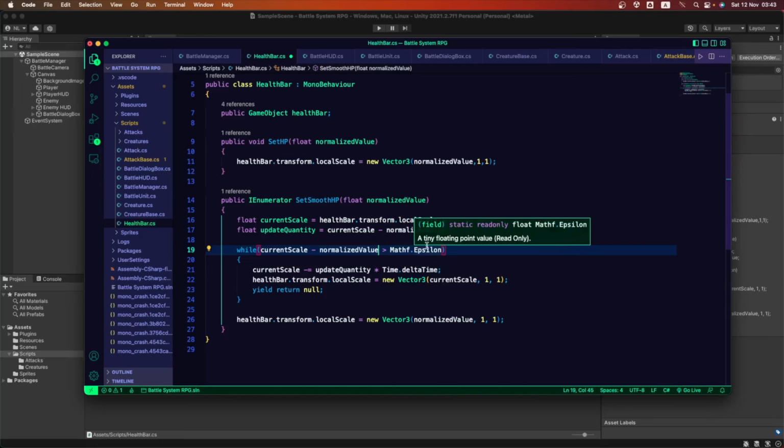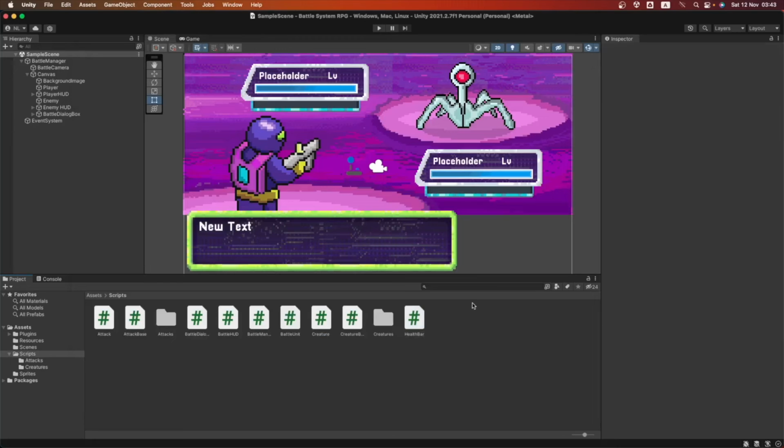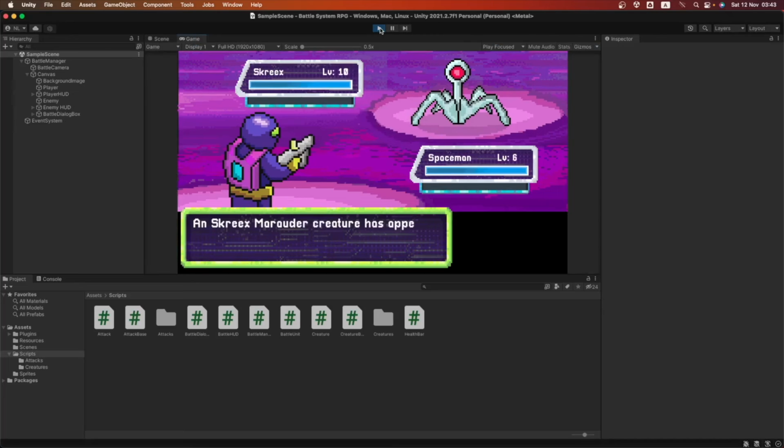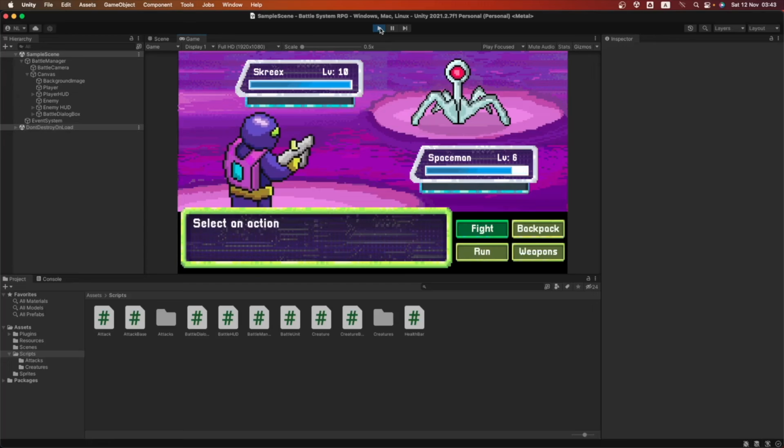But I think this is going to get fixed. Okay, so let's save this up and let's go back into Unity to see if this got fixed. So let's press play and our enemy is gonna attack first. So there it is. It used Mental Stone and yes, it got fixed. Okay, so we can see that we are getting our health decreased. So this is already working great.